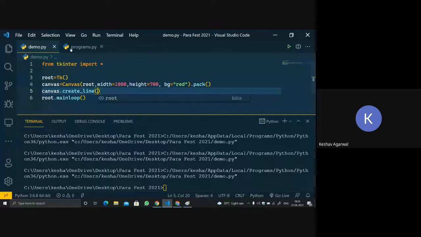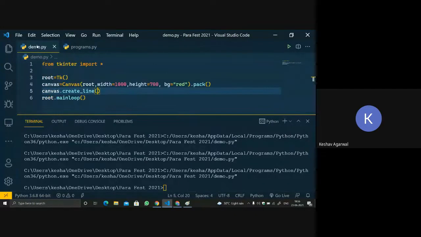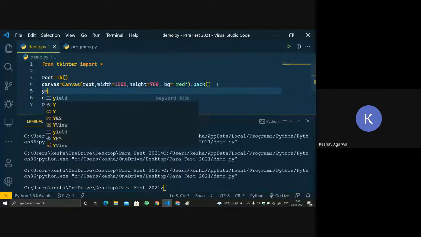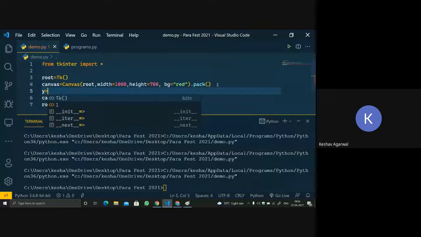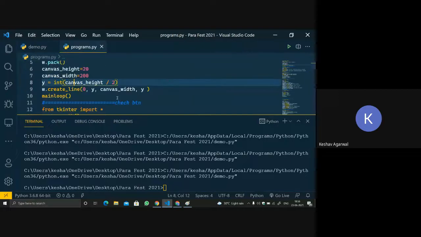In that line we will pass the coordinates, 0 comma y. Let's initialize y equal to 100. It will create a point from 0.